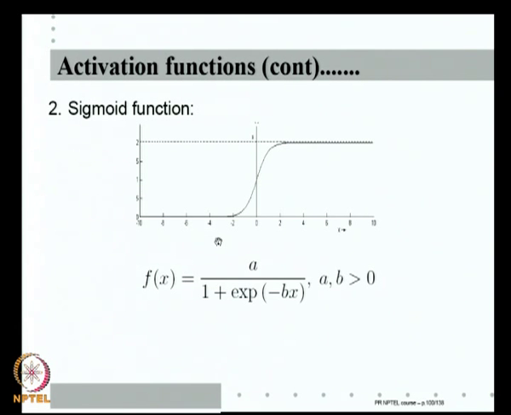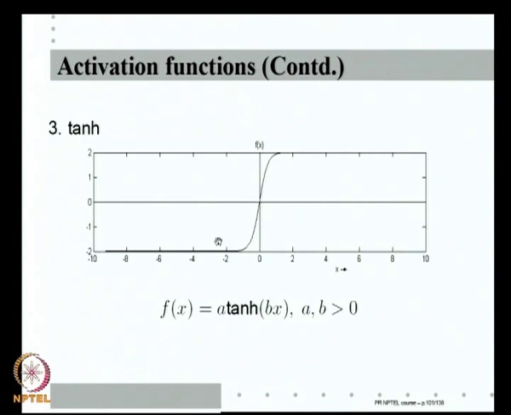So, it cannot take both positive and negative values. If I need both positive and negative values, I can take the hyperbolic tangent, which has roughly the same shape as the sigmoid, but goes from negative to positive. Once again it actually goes from minus 1 to 1, but I can put any amplitude there, and also I can put a parameter b to control the slope near 0. So, these are the 3 most often used activation functions in neurons.